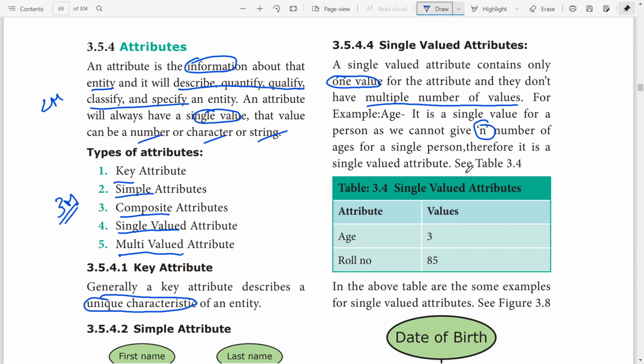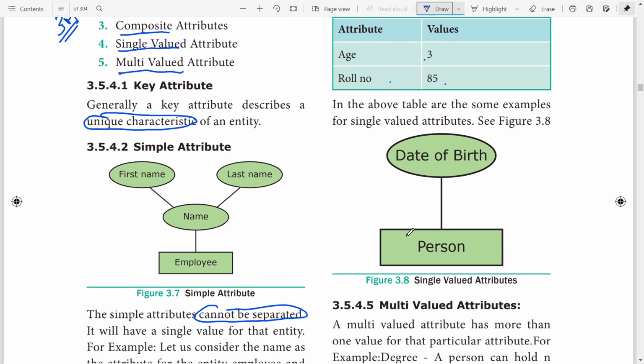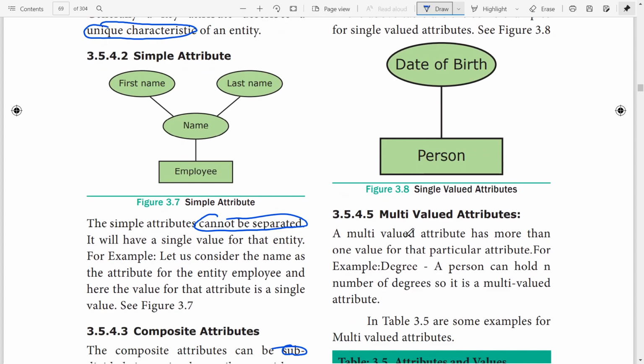It is a single valued attribute. Age 3. Roll number is 85. The above table gives some examples of single valued attributes. A person can have a single date of birth alone. He cannot have many dates of birth. So that is single valued.